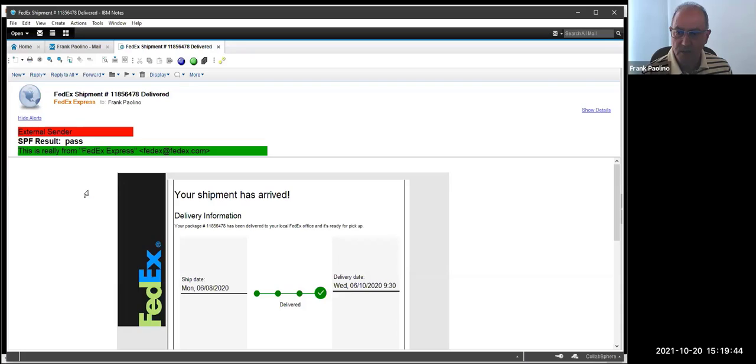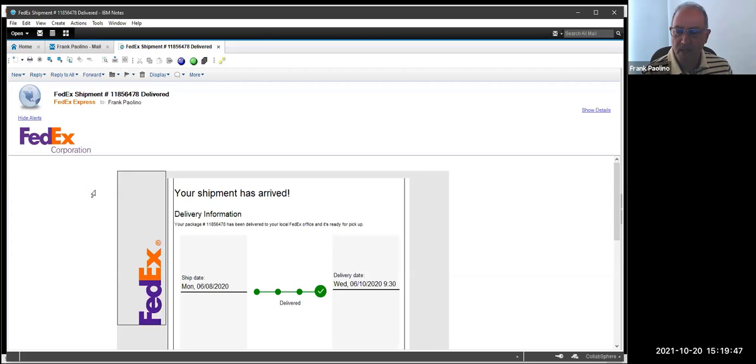Let's see, where's the next one? So I wanted to make it a little nicer looking, so I put the FedEx logo in there. That's nice. It looks much clearer, and actually that helped a lot. So anytime you get a message,